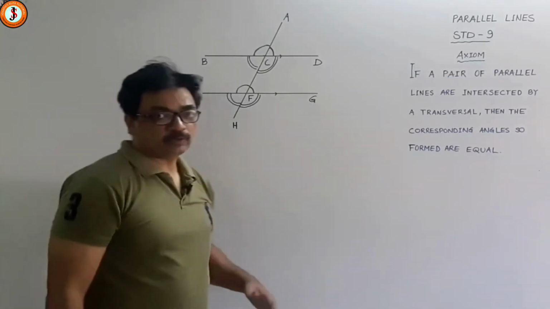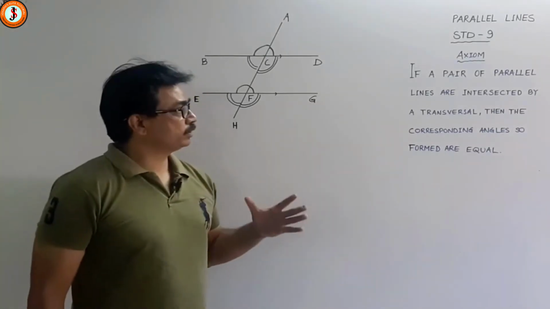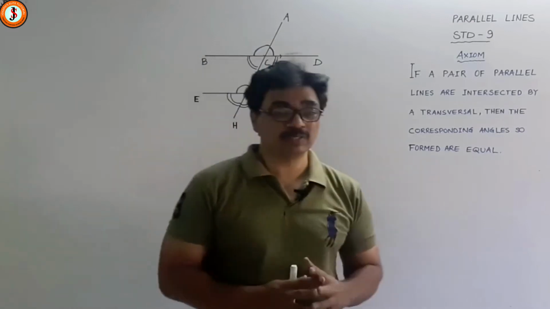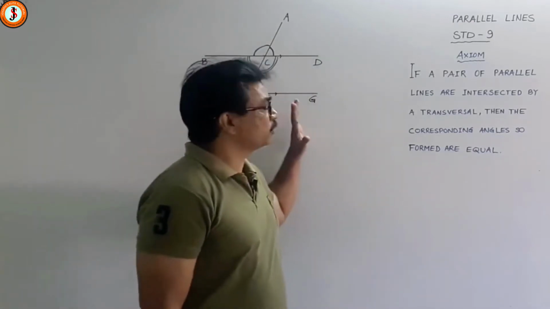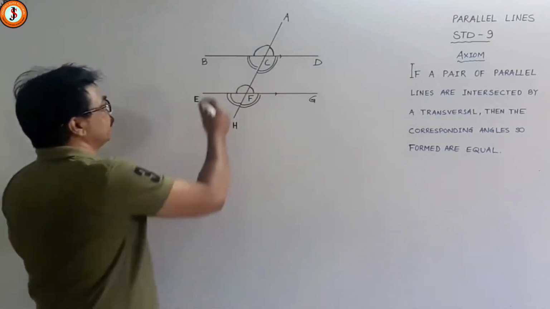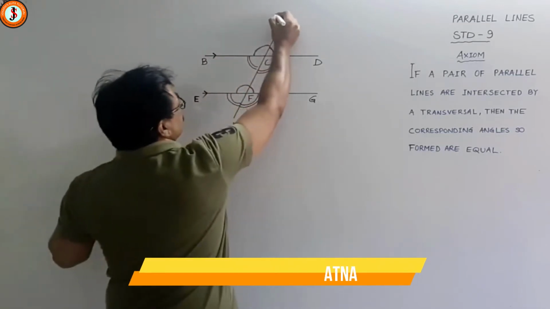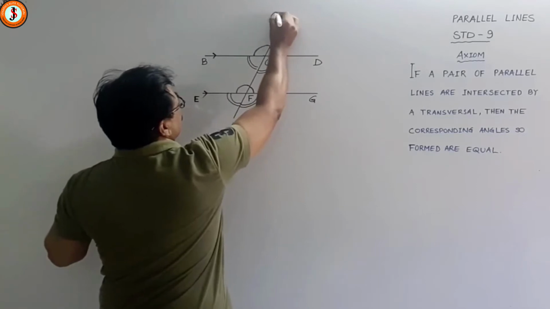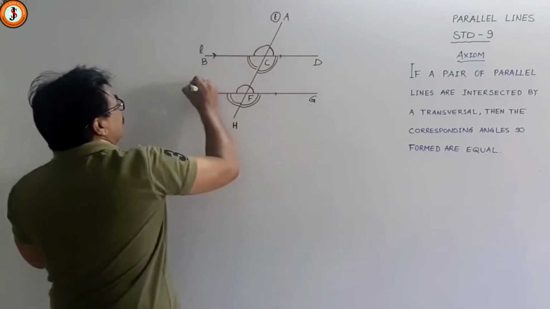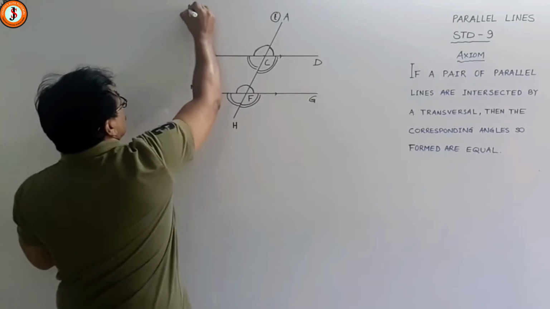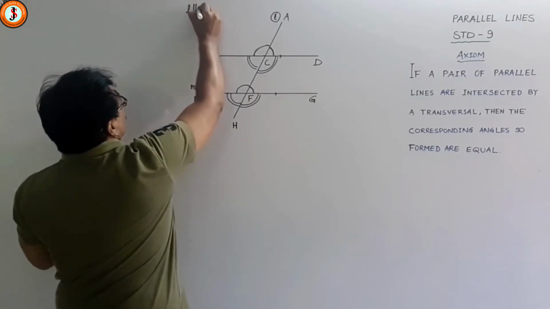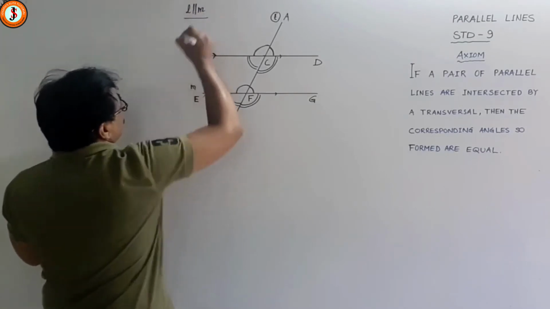So students, we are into geometry, and this is a very important chapter also, because this is the base of geometry. So here we are talking about parallel lines. These two lines are parallel. Normally we write it like this, and this is the transversal. If I put a small t over here, this we can write as line L and M. So line L is parallel to M. This concept is given.